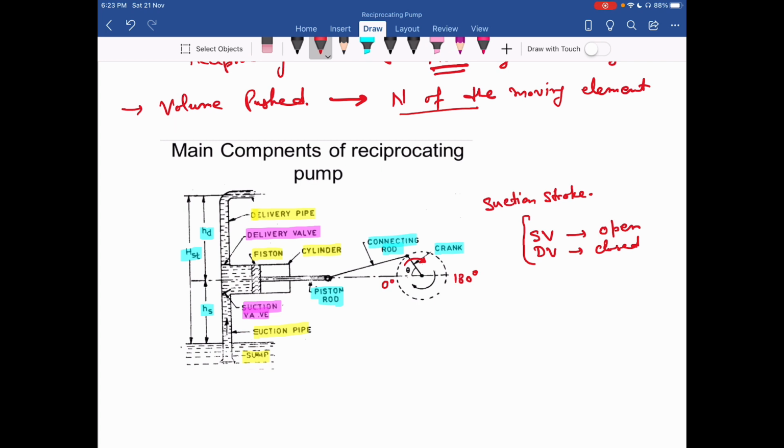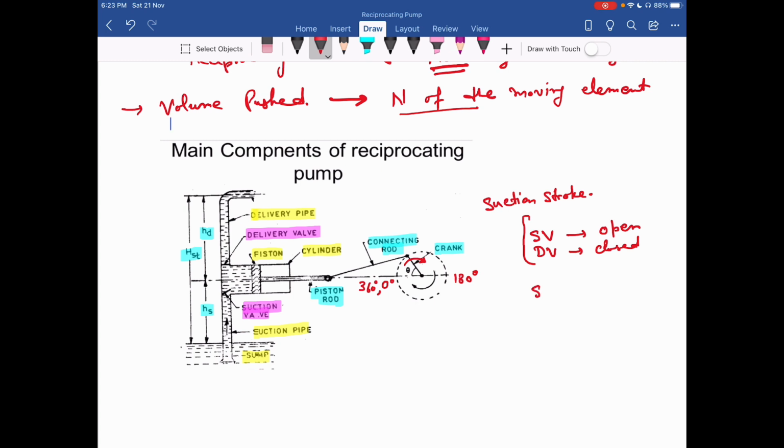So during this stroke, the water is filled into the cylinder, filled into the chamber. Okay, so in the next, when this crank rotates from 180 degree to another, now say this is up to 360 degree, that is the second half. In that time,